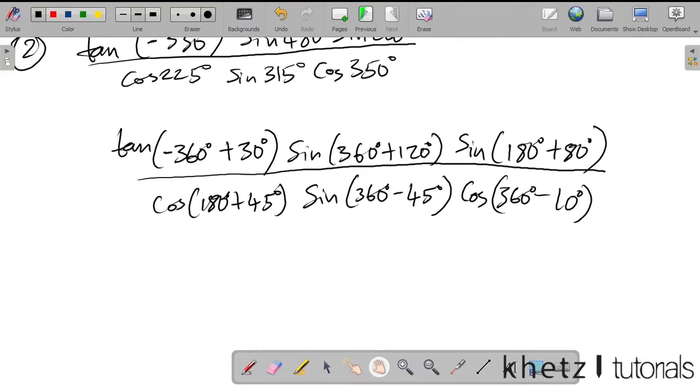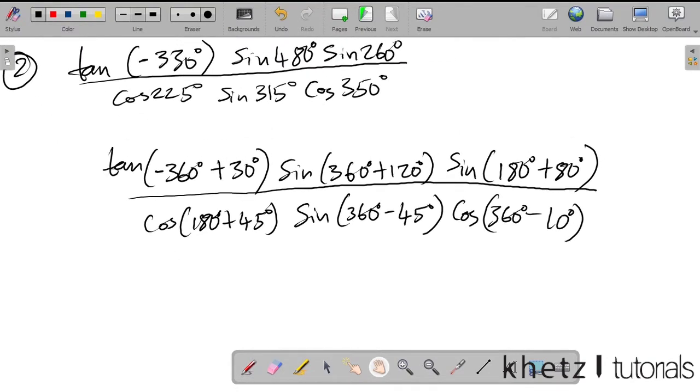So that's what we have so far. And to proceed, we're just going to apply the reduction formulas. To do that correctly, if you look at the CAST diagram, this is another diagram which you should always have in mind or on your paper, wherever you're working. So if you look at negative 360, then you add 30 degrees, you're going to end up in this first quadrant, which is the quadrant where